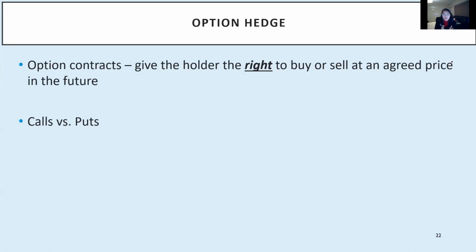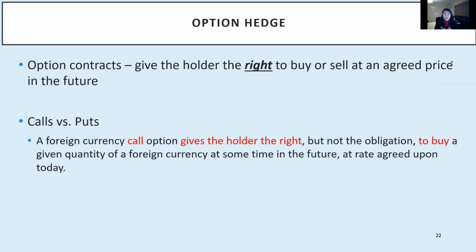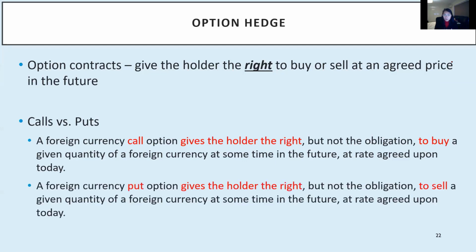So option contracts give the holder the right to buy or sell an asset at an agreed price in the future. So call options are options that allow us to buy, and put options are options that allow us to sell. Okay, so depending on whether you have an account receivable or account payable, you need to use either a call or a put option. Okay,